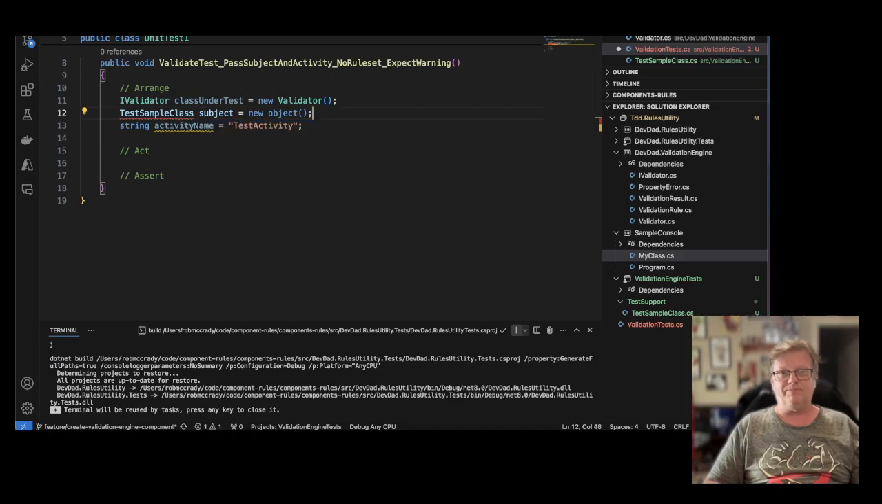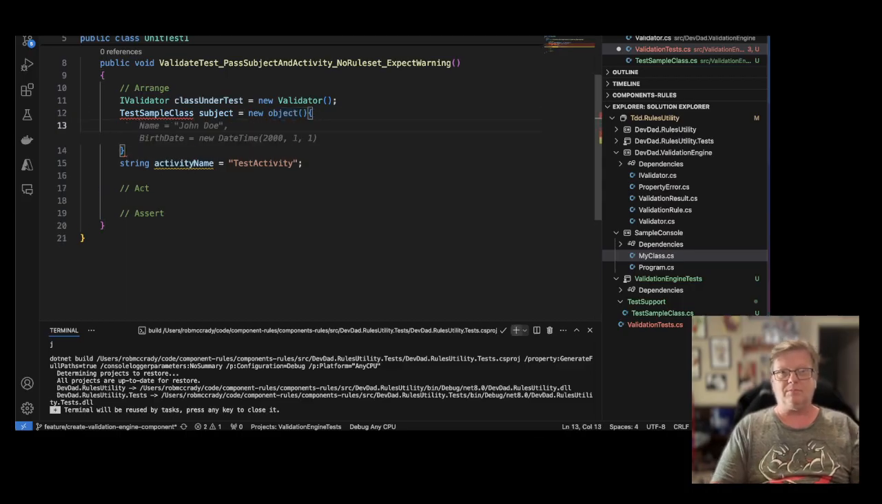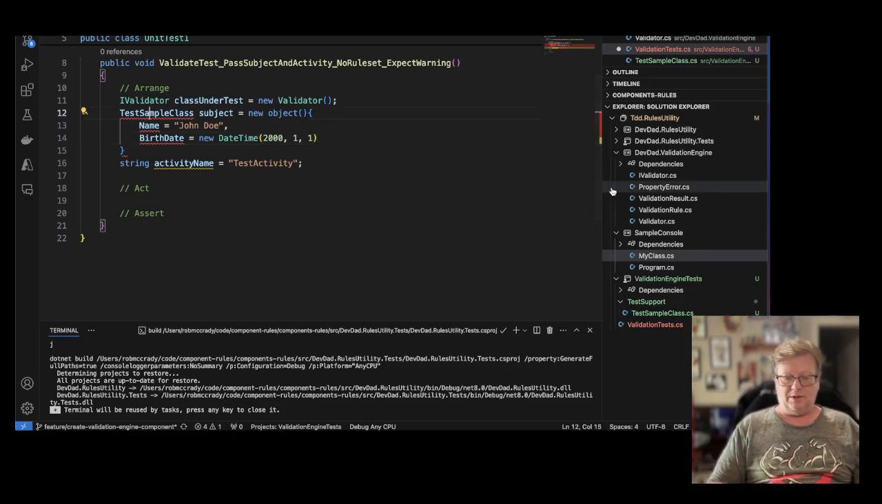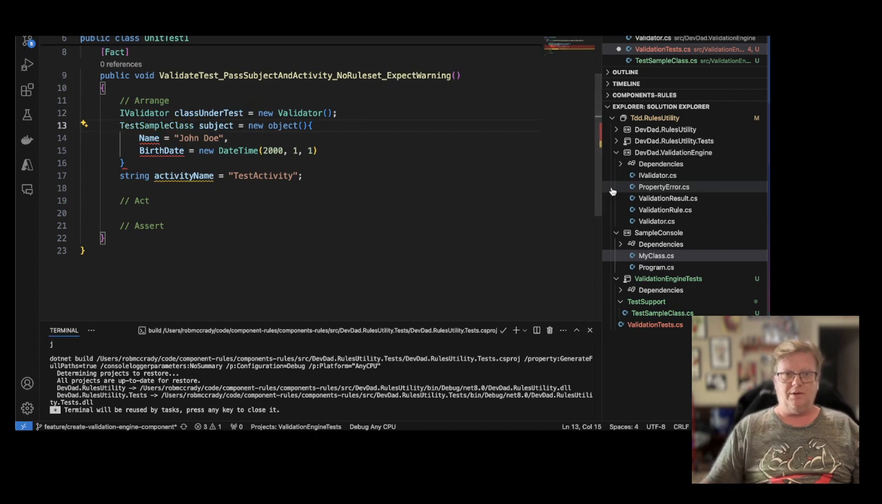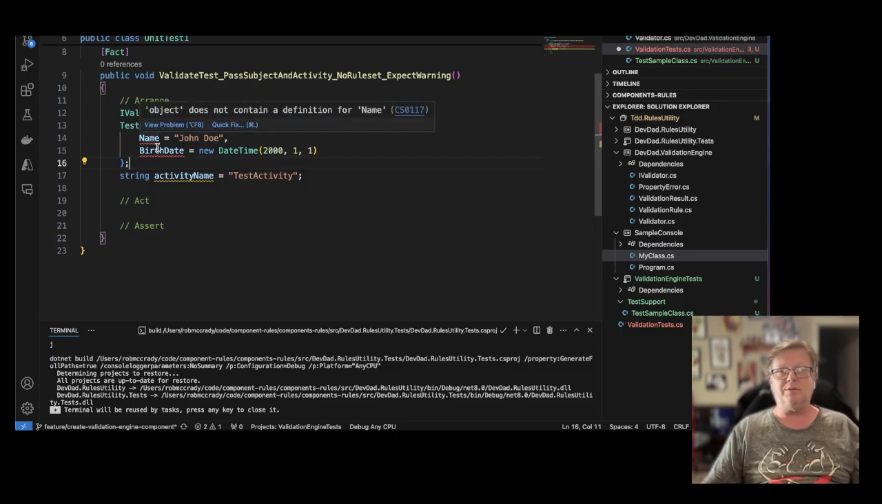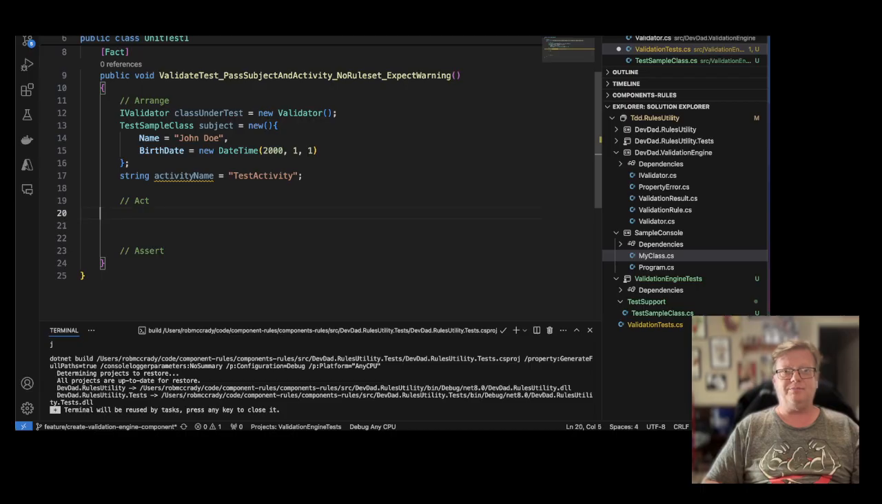Equals new... And we have to tell it to use the test support namespace. There we go. Name. It's not a new object. There. String activityName equals test activity. And